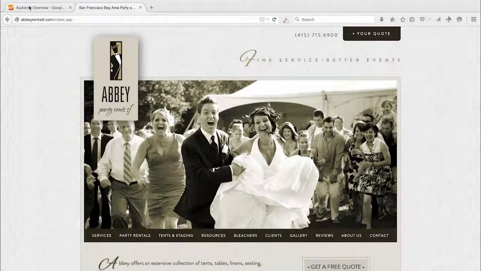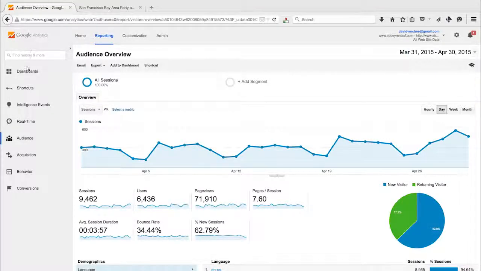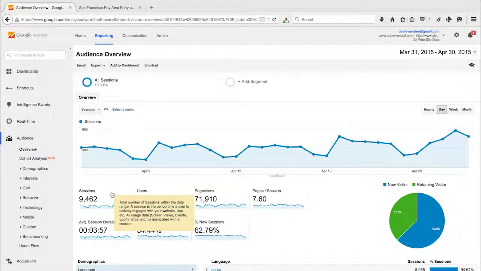Okay, let's take a look at these menus on the side, starting with the audience menu. This will give us an overview of several things. The first one is sessions. If you hover over each of these, you'll get Google's definition. Here you can see that a session is the period of time a user is actively engaged with your website